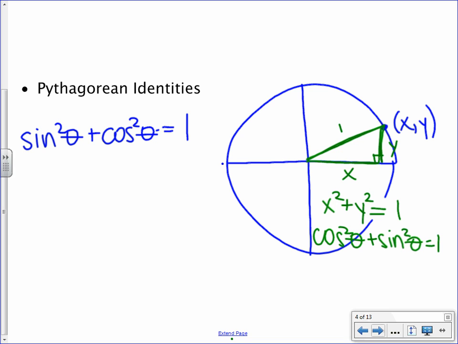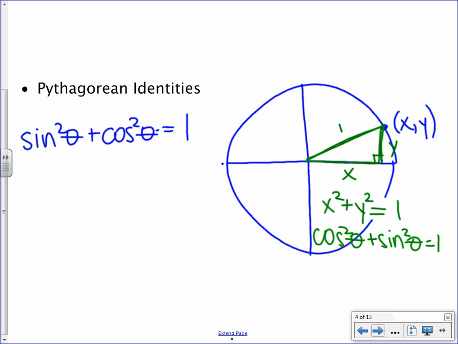Okay? Now, that's the identity. What we can do with it is we can use it more than just sine squared plus cosine squared equals 1. We also know that you don't need to write this down, but think about this. Sine squared equals 1 minus cosine squared. Okay, we can use it that way. We can rearrange it as we need to. Okay? Now, there are two other Pythagorean identities, and we can get them with just some simple